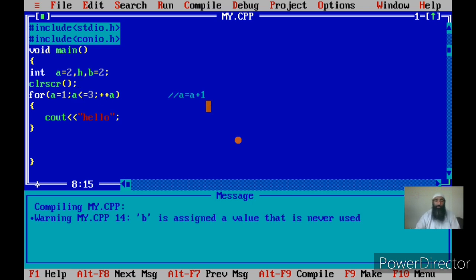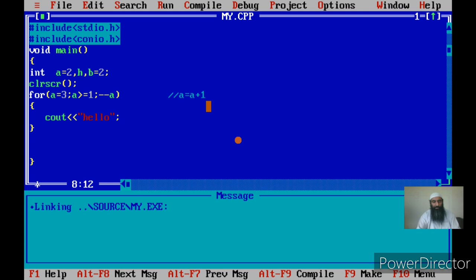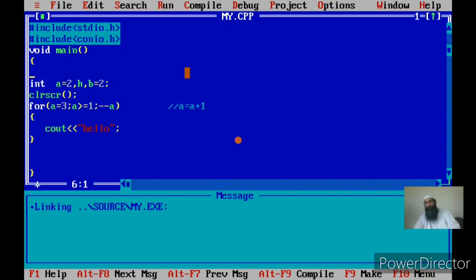Now we can equally use decrement operators in loops, where I can run a loop from, say, 3 to 1. I write the condition in a reverse way, till A is greater than or equal to 1. So I can use increment and decrement. Again this loop will run 3 times, and so this loop has run again 3 times. You have seen 3 hello messages were there.